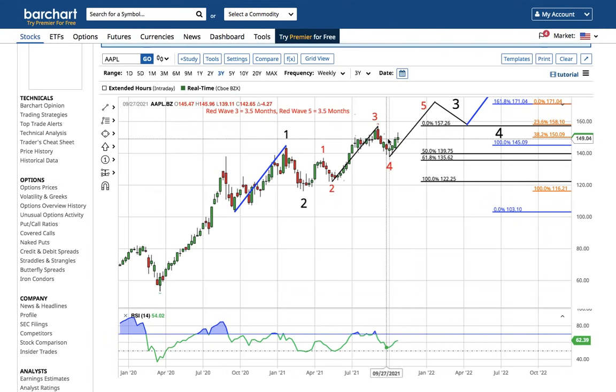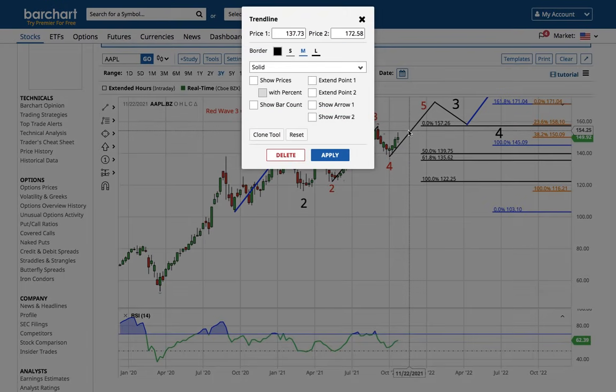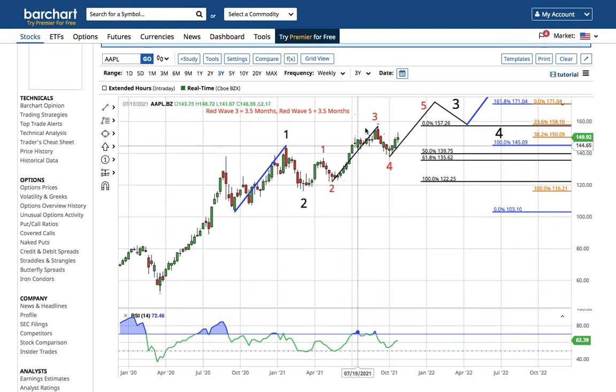So Apple's going to hold above 135 to 138. It's going to go on a wave 5 that will be the length of wave 3, placed at the wave 4 low. In the coming weeks, certainly the coming months, we'll see Apple go on a wave 5 to 170, 172, and that's going to be 1, 2, 3, 4, 5 waves to complete this large wave 3.